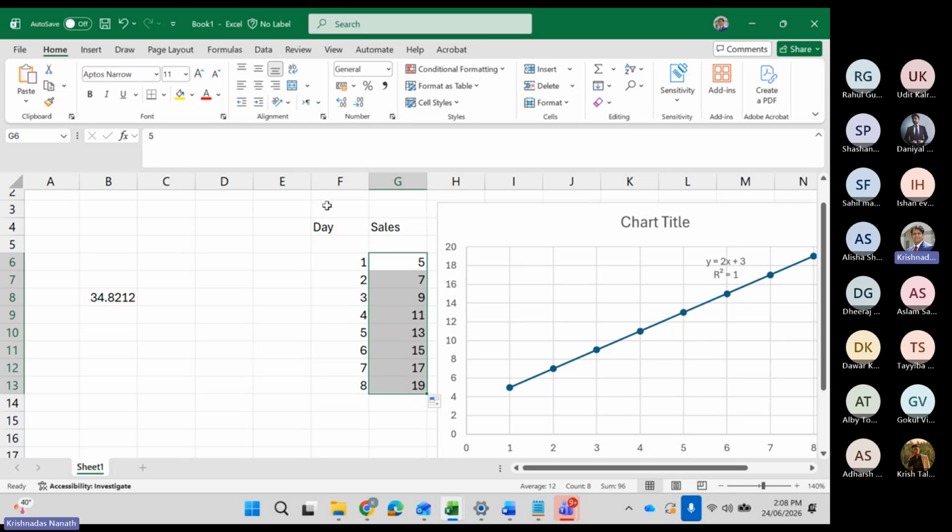R square, perfect trend line, perfect data, perfect equation 2x plus 3. So wherever R square is 1, which means the actual trend matches what is there in data, the human mind will be able to come up with the equation. You don't really need regression, but in any other case where the trend line starts deviating from the actual data, that's when you need regression, and that's where we deploy this algorithm to find the relationship between X and Y,